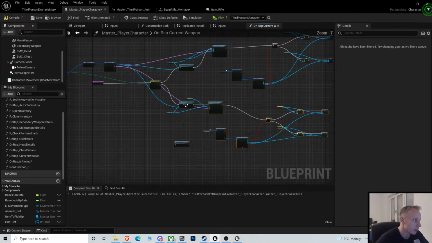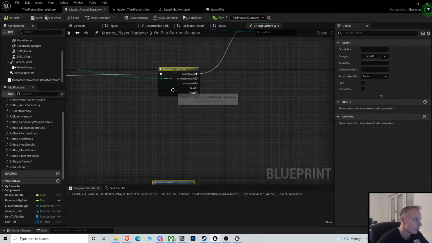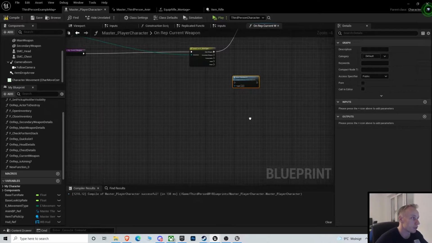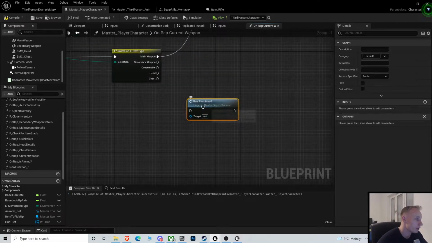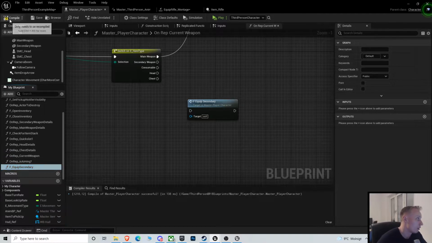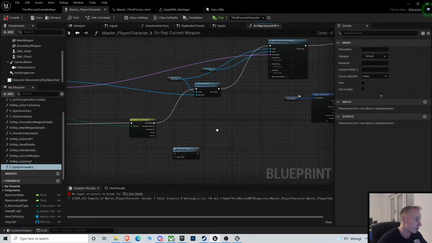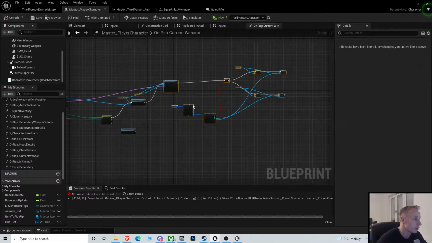So basically everything on the bottom, right, is now a function. We will name this function f equip secondary. Right. And that means we can also,